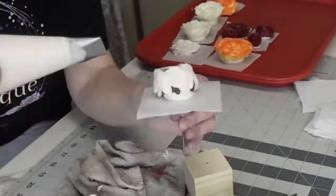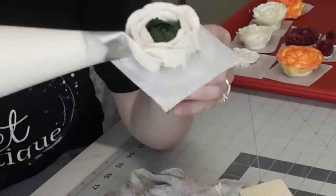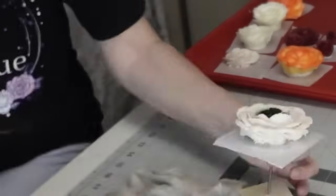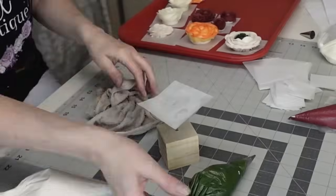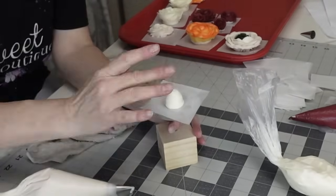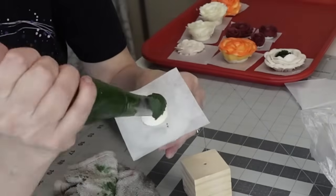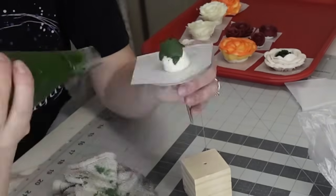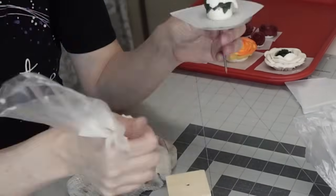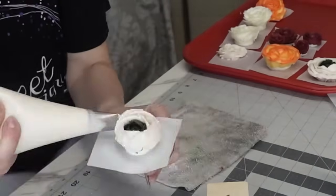I'm showing you here too, on the orange and the yellow flower, that you can manipulate these petals a little bit. The orange and yellow ones, I waited for them to crust over a little bit, and then I just used a brush and pushed those petals in place. And then we're doing some, what are those called? I think they're called ranunculuses. Yes, ranunculuses. And I used this deep green, which was a forest green with a little bit of black,